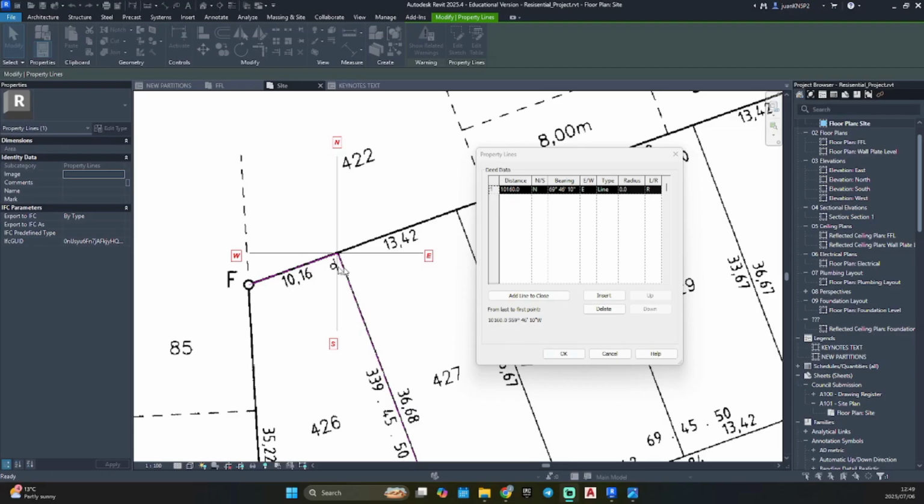So for the second part of our line, we'll just go and select insert, so that it adds a new line. As you can see, this one is set to north and east, but we know it's in southeast. So the distance, 36,680. Select south, west. So this bearing,